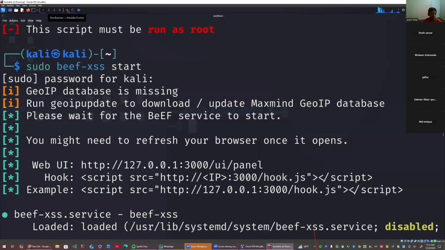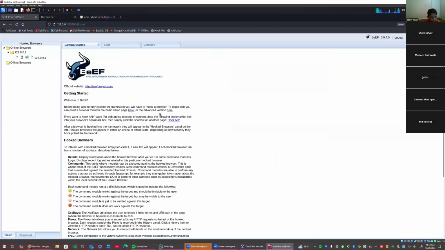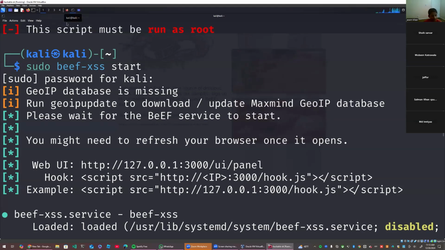Okay. So what we will be doing is opening the BeEF browser, and what we will do is we will use this link to send it over to the terminal. We will send it over to the